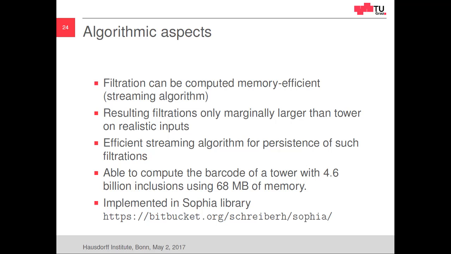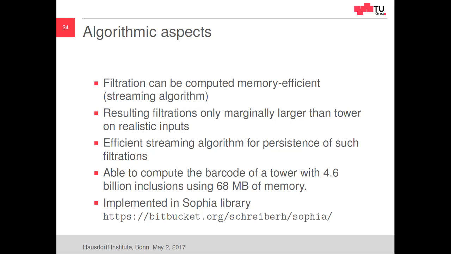If you compute persistence on this converted sequence, you can actually also make this more space efficient. And the idea is, roughly speaking, remember that we had inactive simplices in the process. And remember, in the boundary matrix, every column corresponds to a simplex. The idea is now, when a simplex is inactive, you can remove the corresponding column from the boundary matrix because you will not need it anymore later. Actually, the way I said it is wrong. You have to be a bit more careful, but it's almost correct. So with a little bit more reasoning, you can show that there is a space-efficient algorithm for persistence